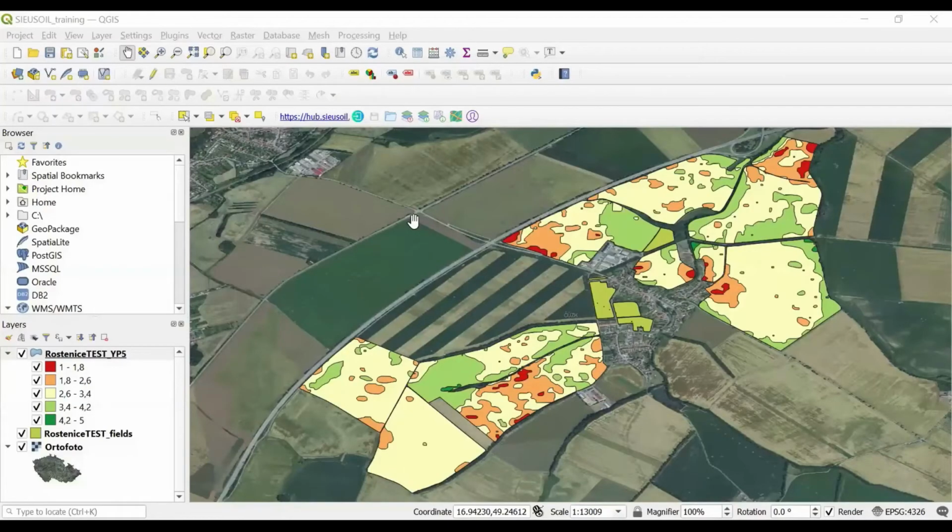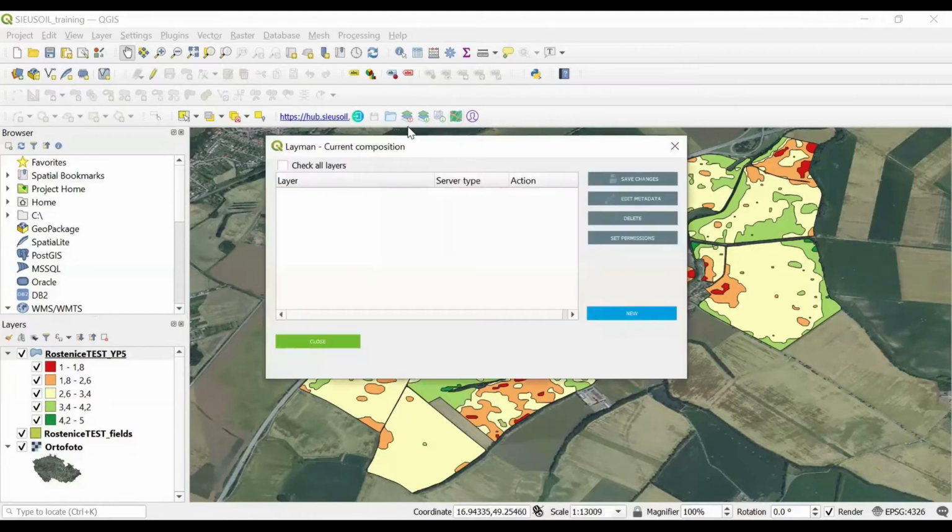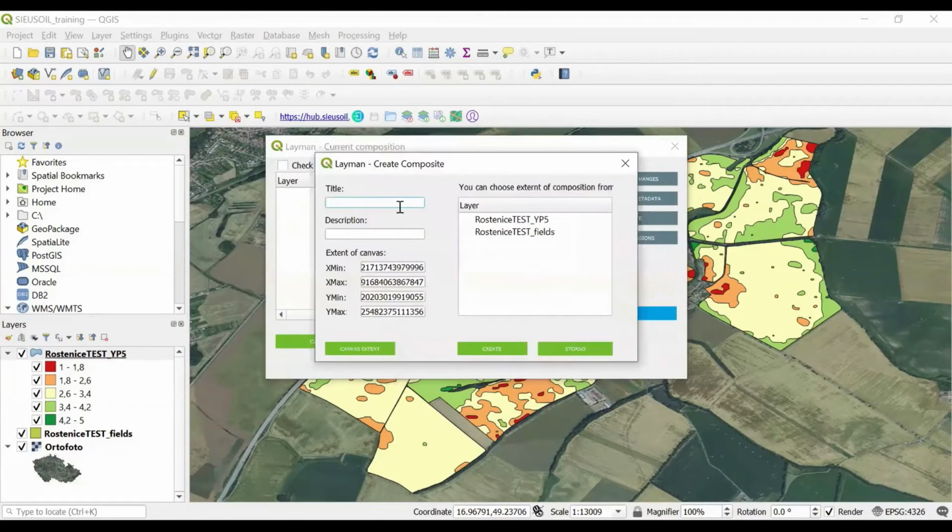Now let's go back to QGIS and show how to create a map composition from existing thematic layers. For that purpose, the QGIS Layman plugin offers this icon. So let's click on it. As you can see, the current map composition window is empty. Therefore, we will create a new one. So let's click this button.